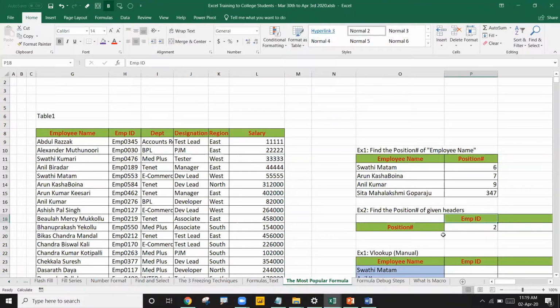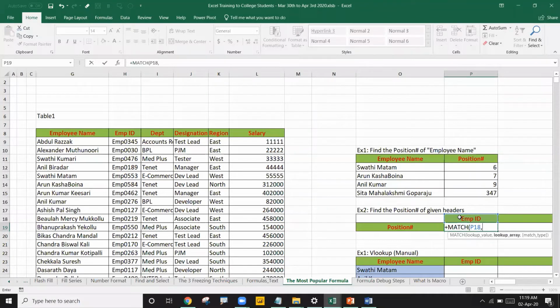No, no, not employee ID. If I'm writing salary, it won't automatically get changed to 6. We need to count 1, 2, 3, 4, 5, 6. I don't want to do this manual work. Instead of that, let it be the same employee ID. Let's write the formula here. I'll write the formula called MATCH, lookup value. This time my lookup value is the employee ID header name itself, not the employee ID value. It is the employee ID header name, correct?